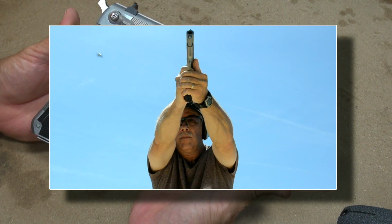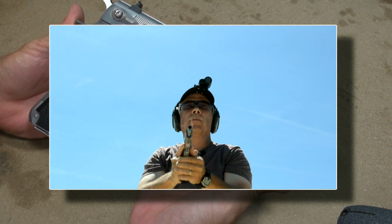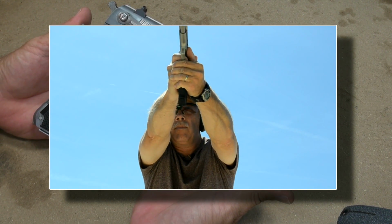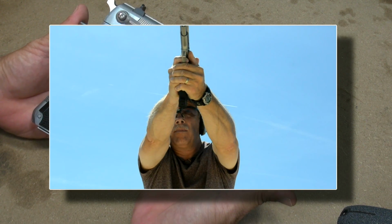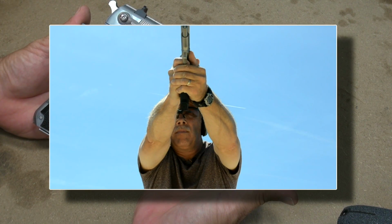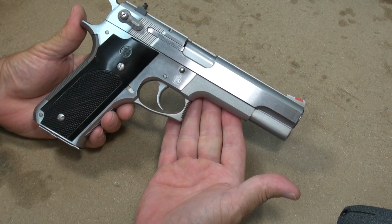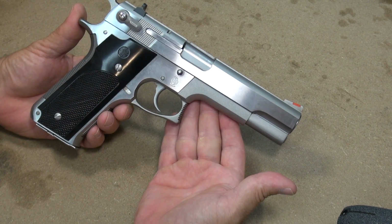So why did this gun come to be, this 645? What was its reason for being? Because it didn't last very long. It was only in production for about 3 years, so it had a pretty short life. So what was its reason for being in the first place? Well, it was really kind of an answer to a demand in the market for Smith & Wesson to create a 45 ACP semi-automatic pistol, of which they did not have,